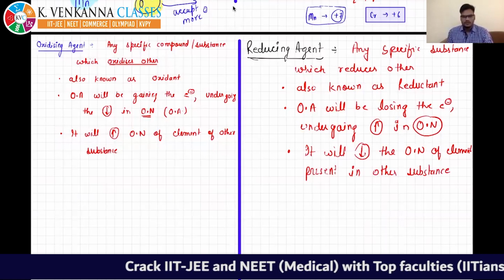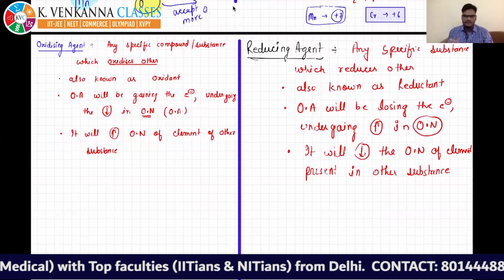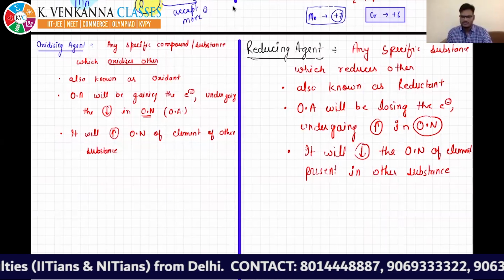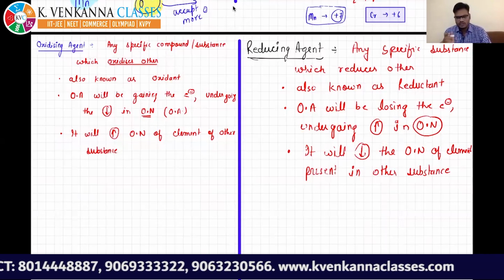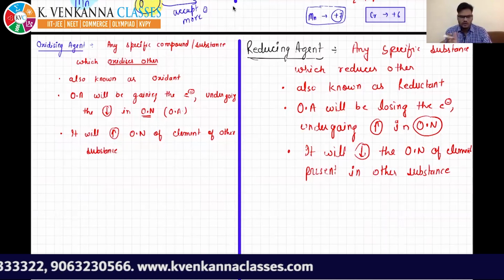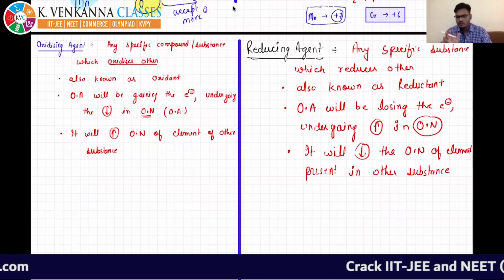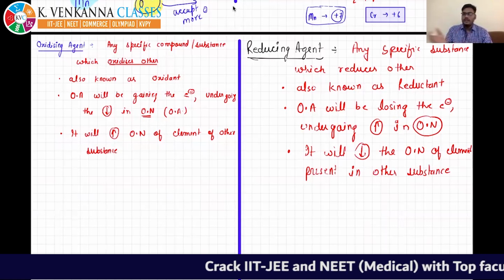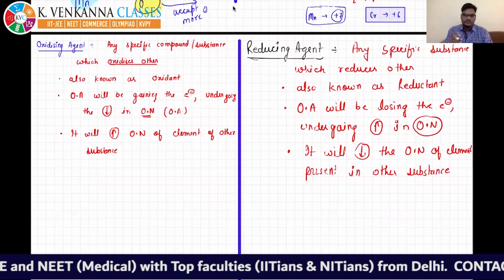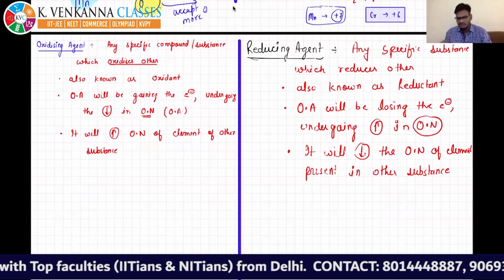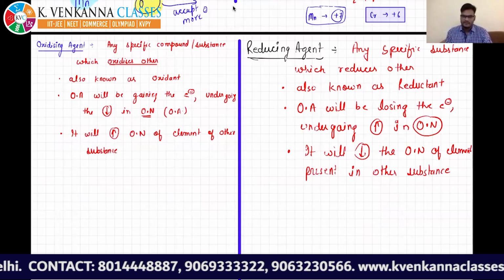If it is given individually, you can easily identify which is oxidizing and reducing. If it is given in any reaction, by using the oxidation number method, you can easily identify which of the given compounds is behaving as oxidizing. But there are certain questions in which they will give you 10 compounds randomly and ask which of the following can behave as oxidizing agent. So how to determine which can behave as oxidizing and which can behave as reducing?